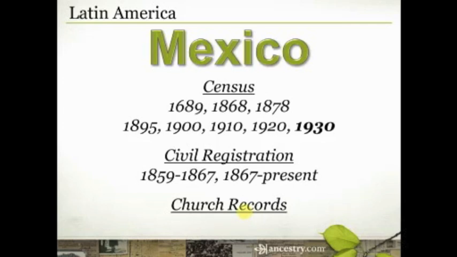And again, I located that by just typing in Mexico church records. Now, here's the really cool thing about church records. Like I mentioned, they're a lot more complete. And so there are records that begin as early as 1527 for Mexico, because they were recorded by the local church.